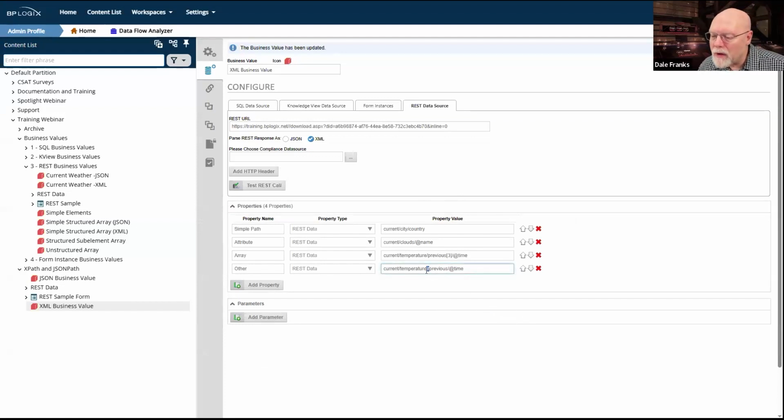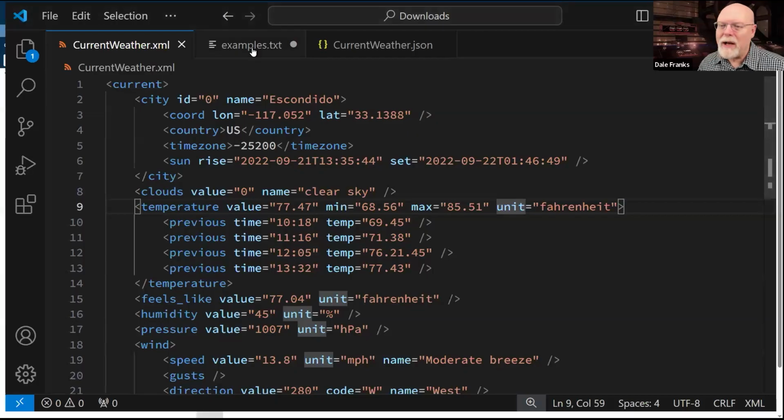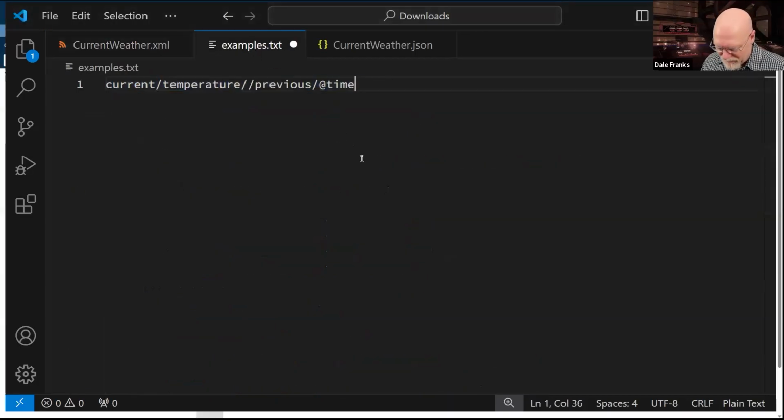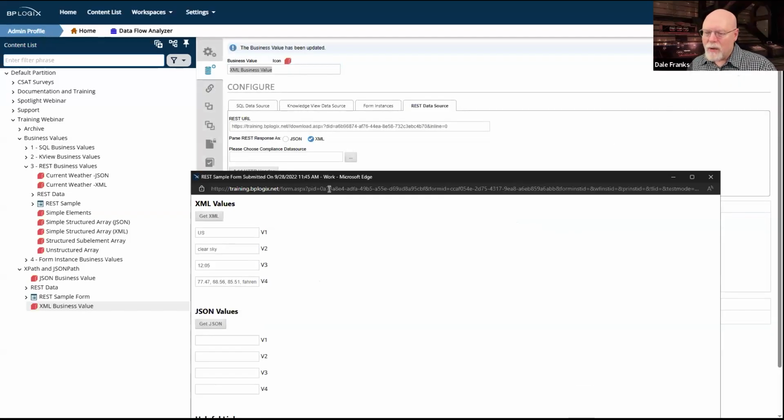And I want you to notice right here, probably for ease of reading, we should go back here and drop in our two slashes instead of a single slash. So far, we've only used a single slash, but we're going to use two slashes, which gives us a little wildcard. Let me update and refresh my form.